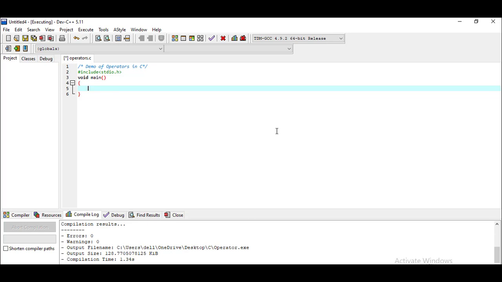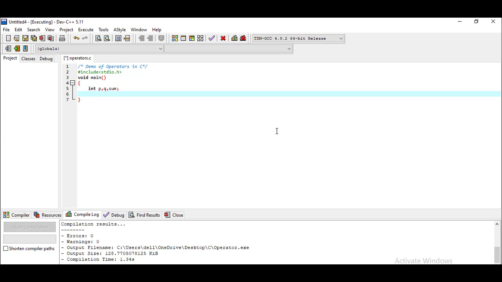Now here I have to perform some operations on the operands, on variables. So first I have to declare those variables, and then I have to store the result of the operation. So for that I have to declare some more variables. Initially I am taking the data type integer, because I just want to perform some operations on whole numbers. So I am declaring the data type int and taking the variable p, then another variable q, because an operation has to be performed on at least two operands. So one is p, another is q, and I have to store the result. I'm performing a sum first, so I'm declaring a variable with the name sum.